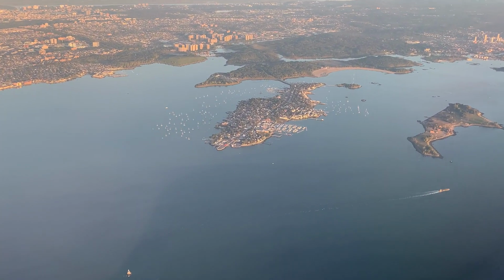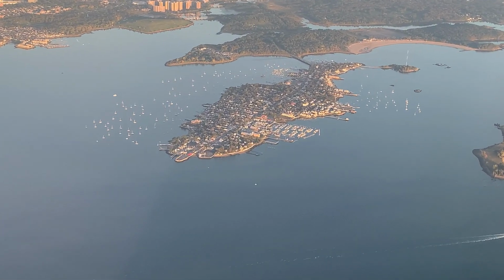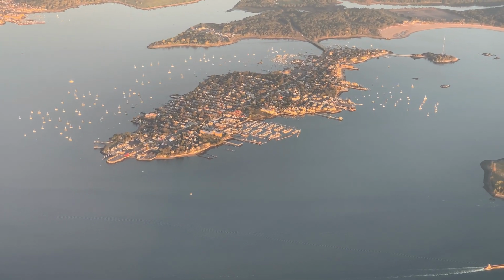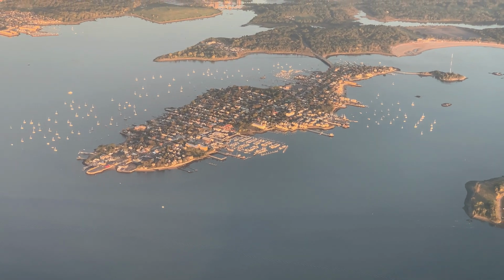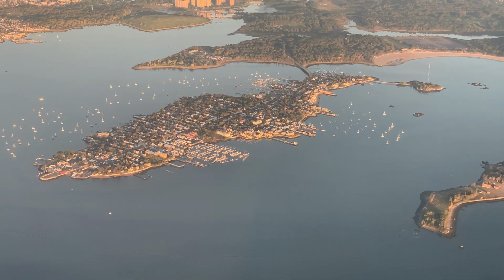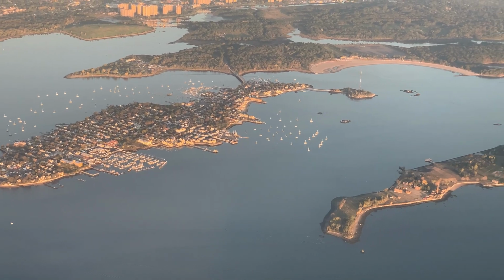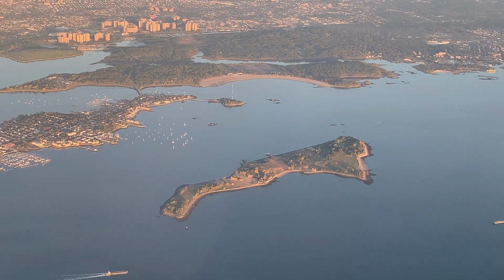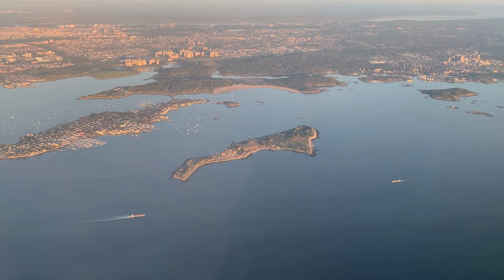from the Atlantic Ocean. We now have a great view of City Island, the Bronx's nautical community with its many restaurants and marinas. The island is about 1.5 miles long and a half-mile wide. To the right of City Island is Hart Island, an island used as a burial ground for New York's unclaimed. We're going to see these islands again from the other side once we make our left turn back around to